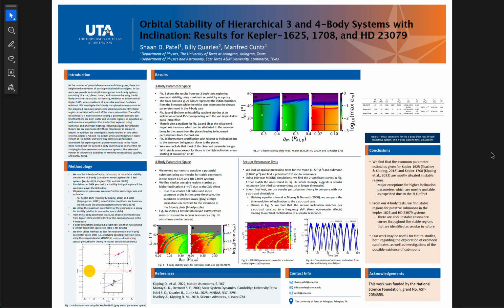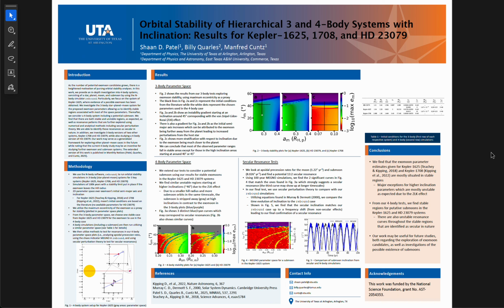After finding stable regions for the moon, we expand this test into the 4-body case by adding a submoon to the hierarchy. Submoons, or moons of moons, have yet to be discovered, even in our own solar system. However, we believe they may exist as one more body in the star-planet-moon hierarchy. We also investigate the 3-body case of the Kepler 1708 and HD 23079 systems, while also investigating a 4-body case